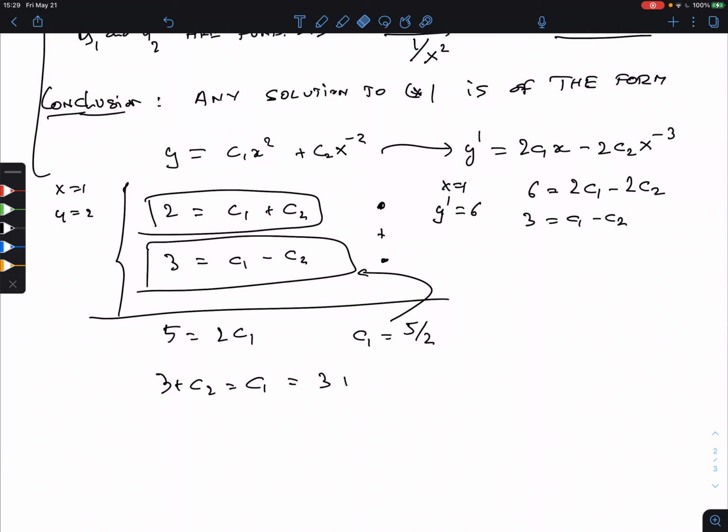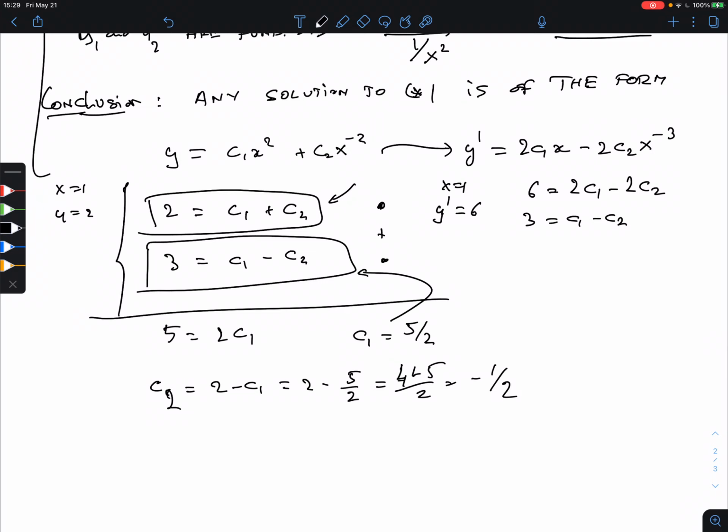So I solved wrong. Okay. Doesn't matter, but I should use the first one here. So C1 is, no, C2, I have to find C2, right? C2 is 2 minus C1, that is 2 minus 5 halves, that is 4 halves minus 5 halves, that